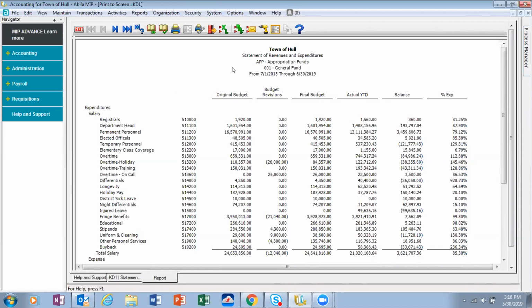Now, beyond the report groups, as we all know, the financial statements use something called the financial statement format. And the financial statement format is basically the outline of your report. You know, what do you want that to look like? In this example, we're